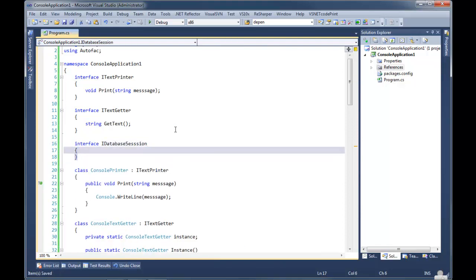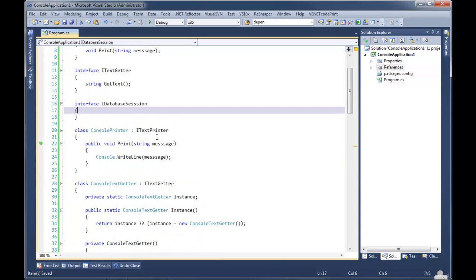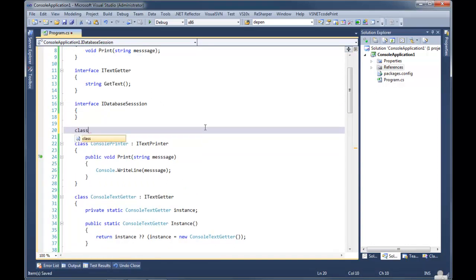He's not going to have anything on him, because we're just using him for demonstration purposes. But normally he would have things like save, load, update, query, and all that stuff. And then we're going to have a